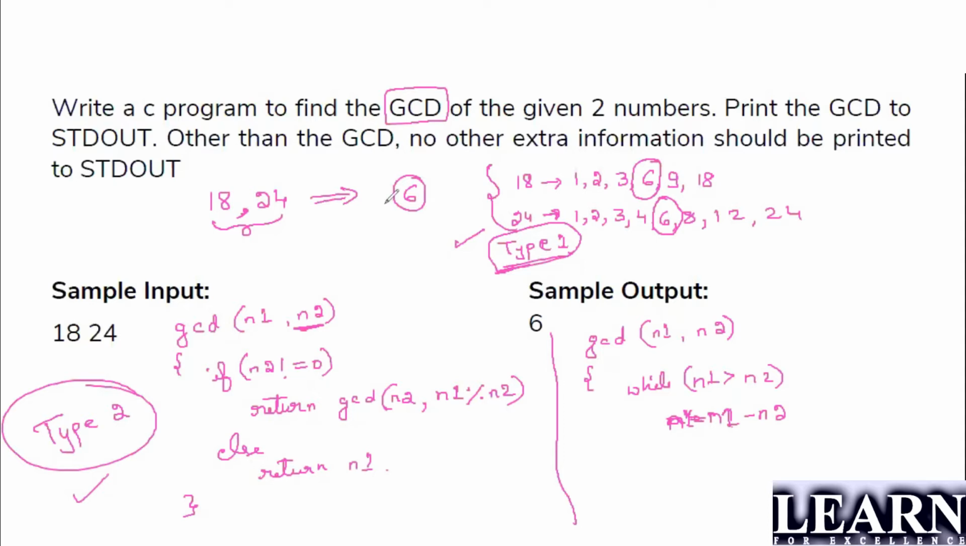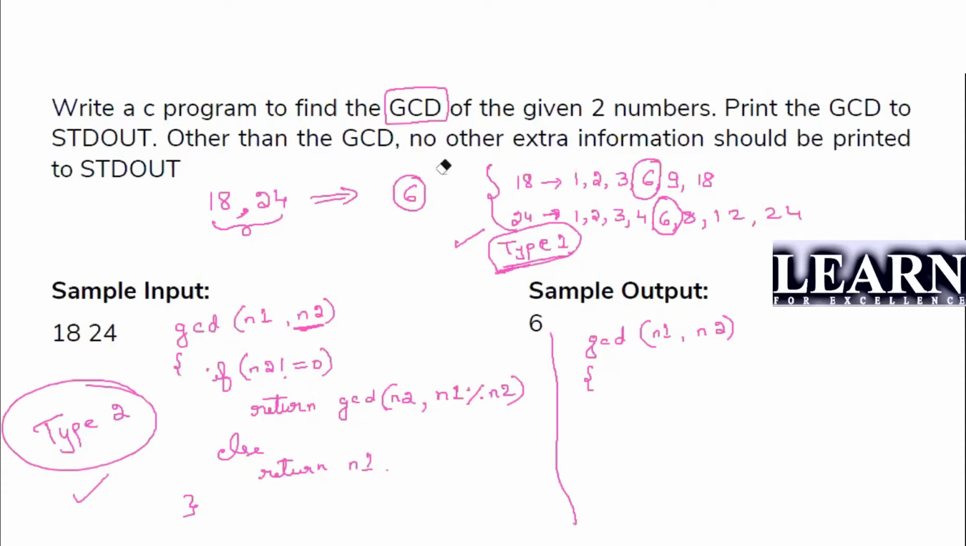Okay, for clarity, I'll just write the code over here. First you have to check if N1 equals 0. So if N1 equals 0, then I'm going to return N2, because N1 is 0 there. Okay, return N2. Next, if this is not the case, I'll run a while loop while N2 is not equal to 0,